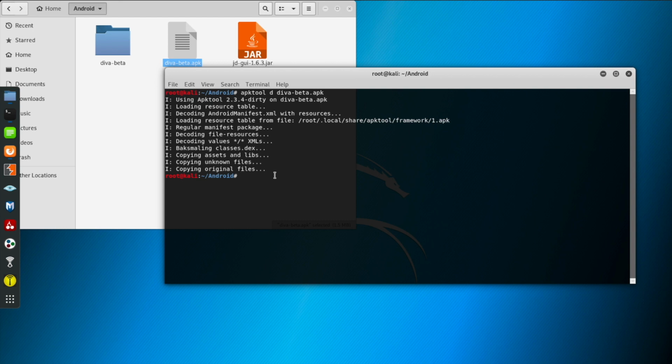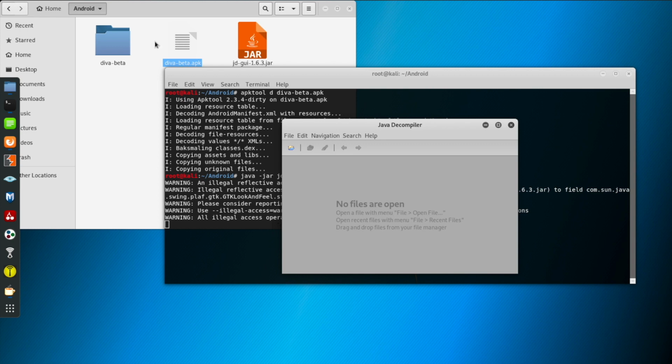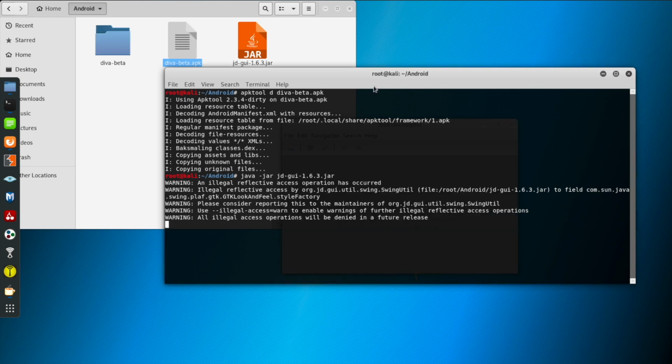Now let's start the JD-GUI application, for which I am going to use the command java -jar and the name of the file, that is JD-GUI. After starting that, first we have to convert the dex code into a jar file.